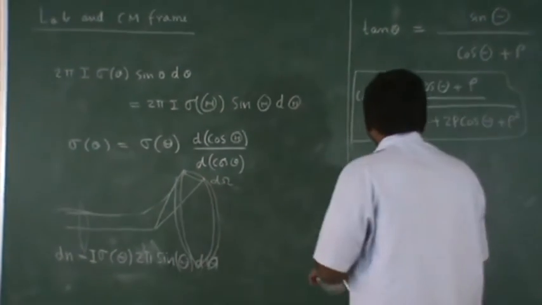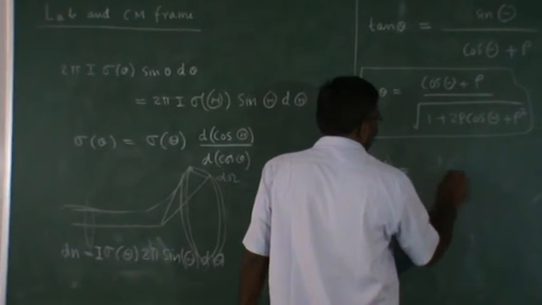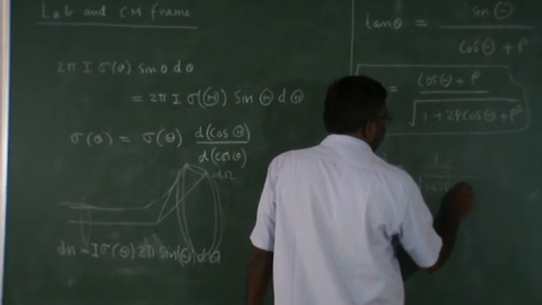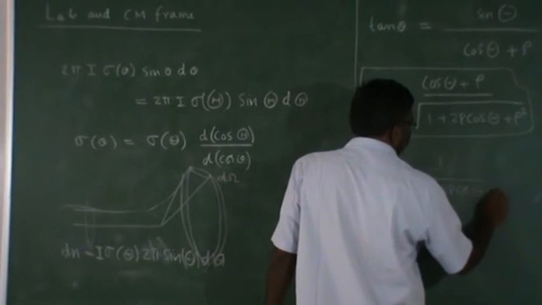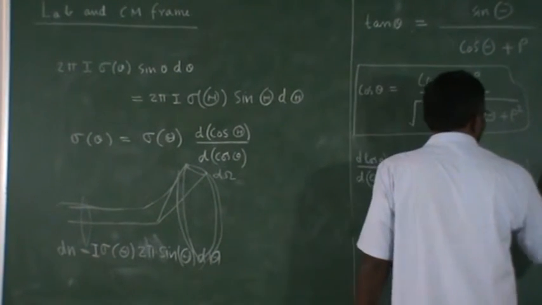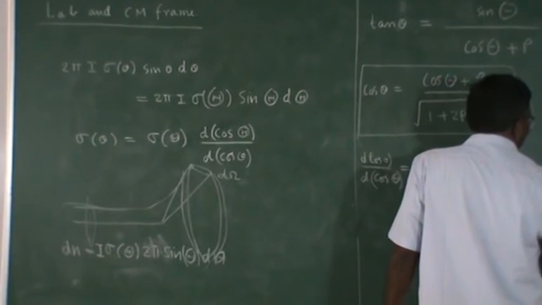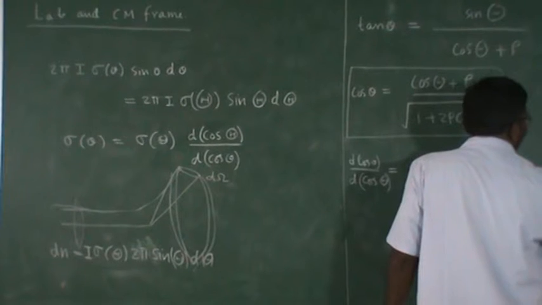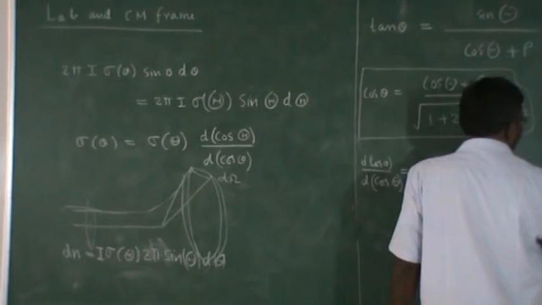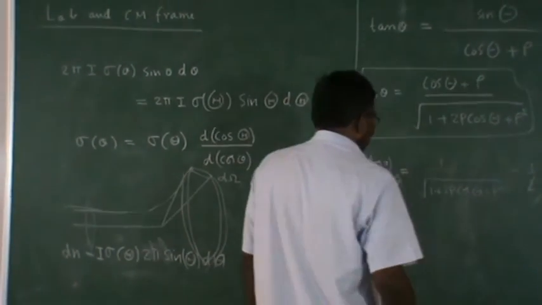Now this derivative is, first I do a derivative of this, which is actually 1 by square root of 1 plus 2 rho cos theta plus rho square, then minus 1 by 2 into 1 by (1 plus 2 rho cos theta plus rho square) to the power 3 by 2 into cos theta's derivative is 2 rho, and this 2 will cancel, and if I take